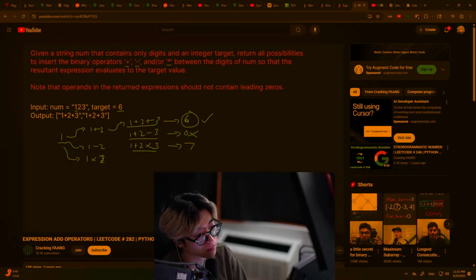The way that we want to do this is, like I said, a depth first search, using some backtracking to explore all the possible options. What we need to do is keep track of our current index, because that's going to tell us where we currently are, right? So we need to keep track of our index, pretty straightforward. What else do we need to keep track of? Well, we need to keep track of the solution that we built so far, right? So here, if we were at the point where we're doing 3, our